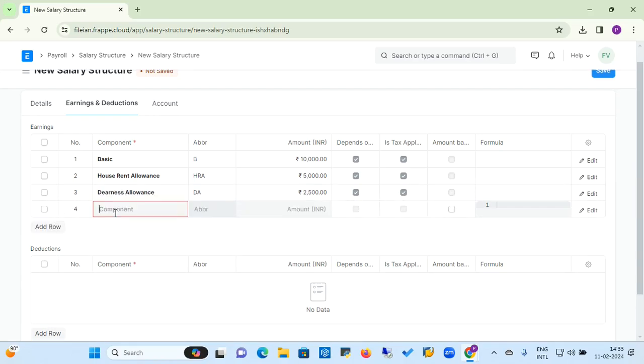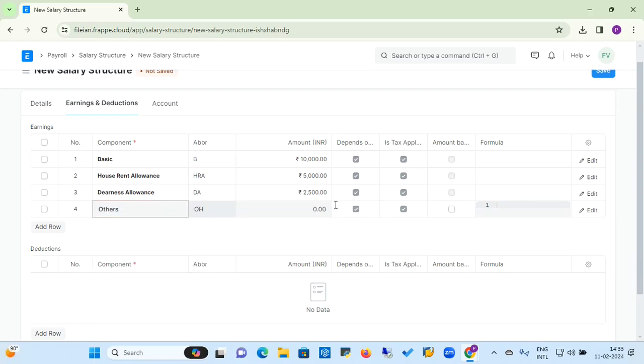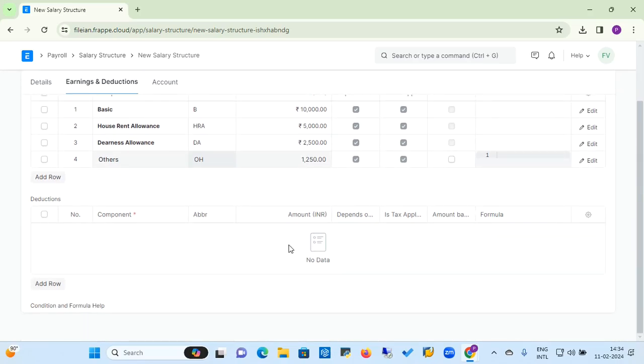And the fourth component would be the addition, which would be again 50% of my dearness allowance here. This way I can add earnings, and also under the deduction part I need to add